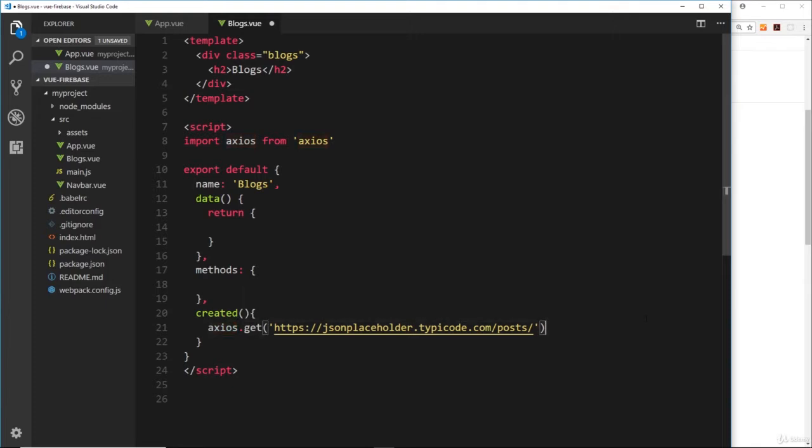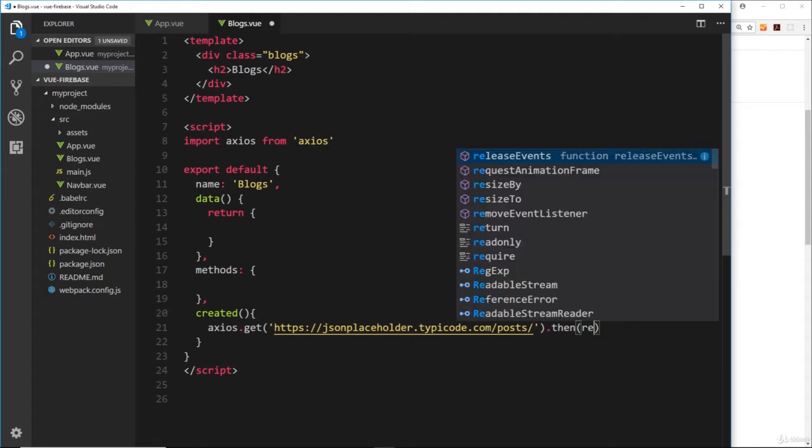Now, what Axios does is return to us a promise. Now, if you're unfamiliar about promises, there's a video on promises in the last section down here, the bonus section, where I go over a few different ES6 features. But in a nutshell, this thing right here, this request takes some time to complete. It has to go out, get the data and come back. Now, what a promise does is allow us to tack on a then method, which will fire when this action is complete. So when we get the data back, this then method will fire and it takes in a response